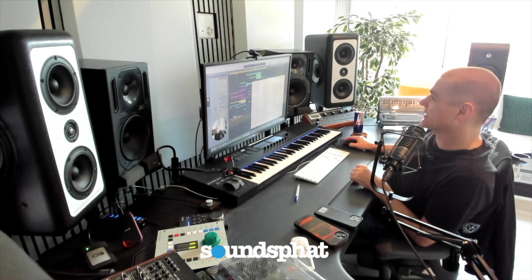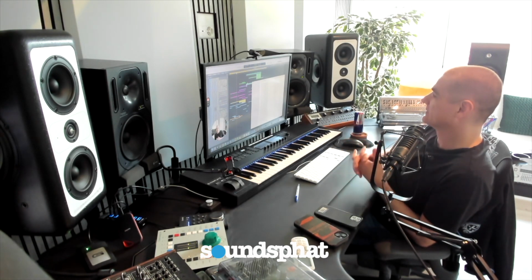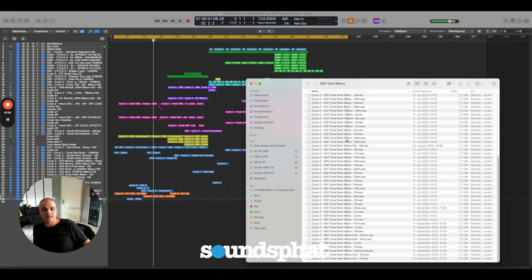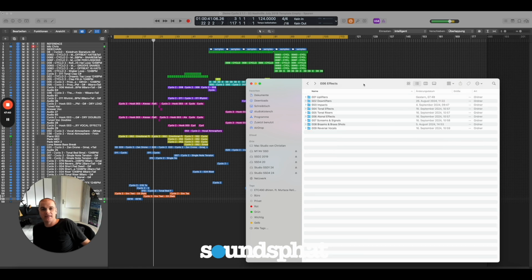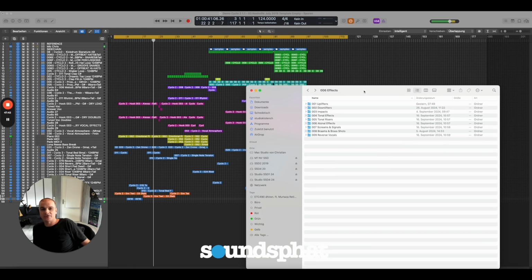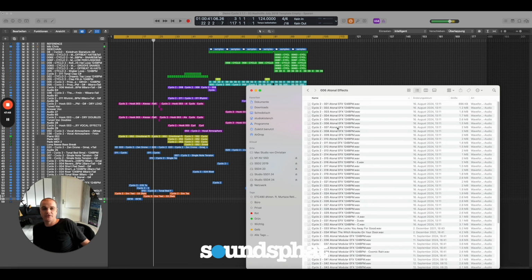Still, the story, in my opinion, is not completely told here, so we came up with a bunch of new ideas of tonal risers. Very useful, very organic sounding, a lot of processing, so you don't have to do this anymore, very unique sounding. Atonal effects, we didn't have that folder in the first CYCLOPEDIA pack, where we really tried